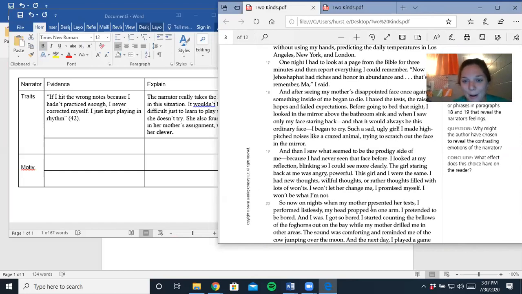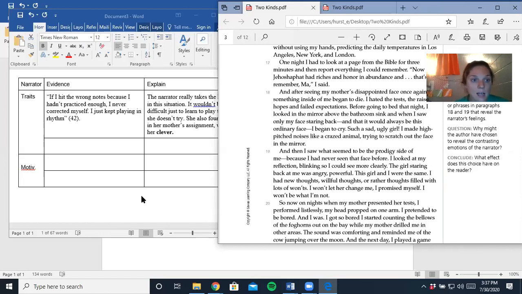So in paragraph 19, she says, "I looked at my reflection, blinking so I could see more clearly. The girl staring at me was angry, powerful. This girl and I were the same. I had new thoughts, willful thoughts, or rather thoughts filled with lots of won'ts. I won't let her change me, I promised myself. I won't be what I'm not. So now on nights when my mother presented her tests, I performed listlessly, my head propped on one arm, pretended